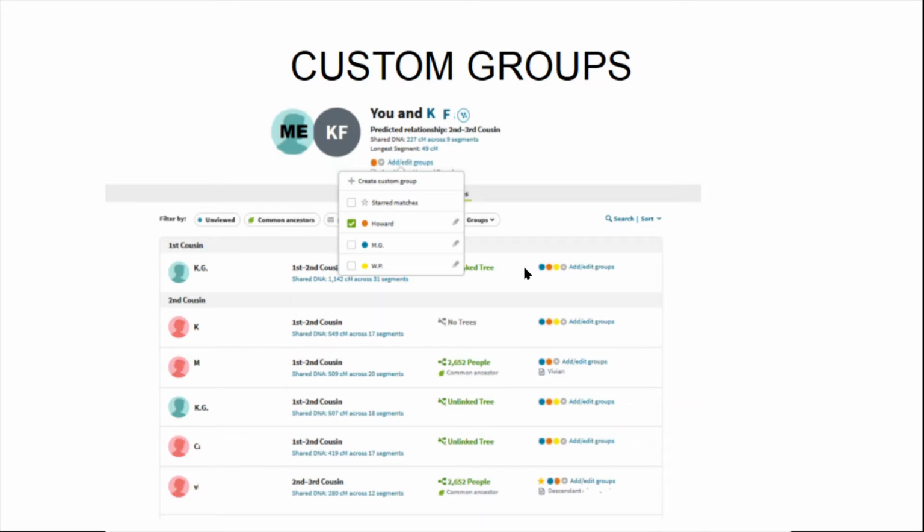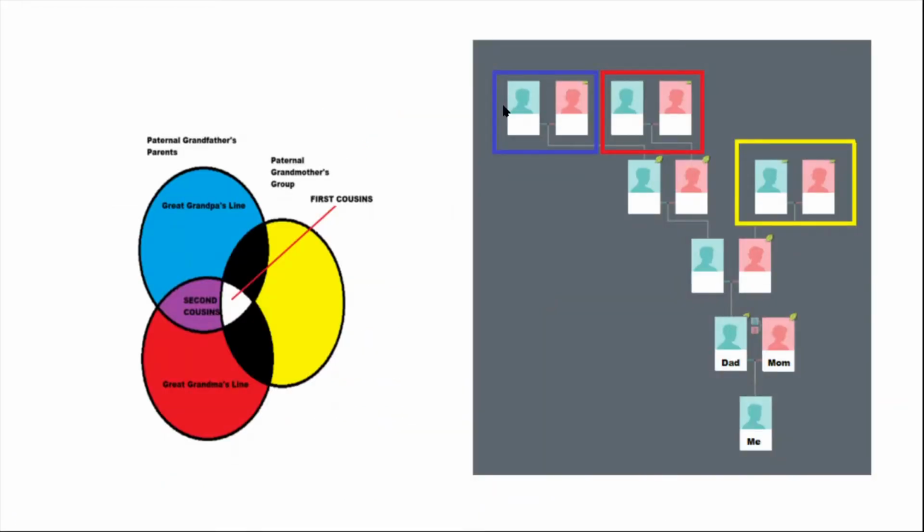As you see in my DNA matches, I have everybody that has different colored dots. The more dots they have, the closer they are to me. In this example, we are going to build a group on these people. This will be our blue group. Everybody in this group is going to be a descendant or relative of either great-great-grandfather or great-great-grandma. The red group is going to be the descendants of great-great-grandpa and